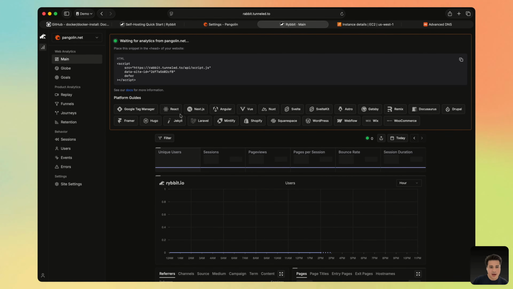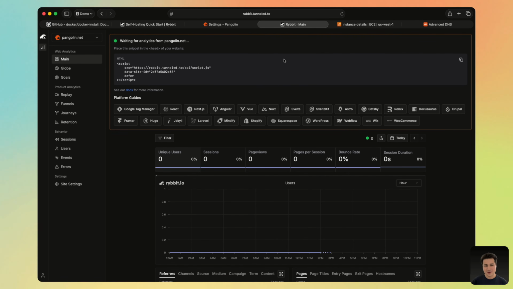I would just need to go and copy in the needed code snippet here into whichever front end I'm using. So if I'm using Next.js, I could copy in a specific script tag for the Next.js layout, but there's tons of different integrations here, so you should be covered no matter what you're using. I did just notice that I actually spelled the subdomain wrong and I typed Rybbit, but it doesn't matter because